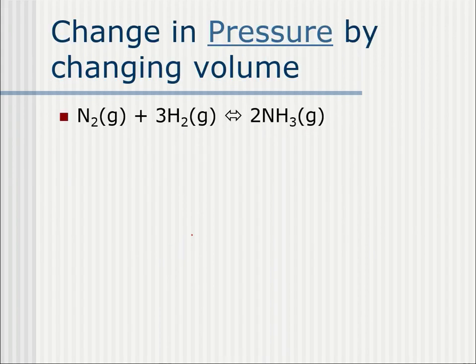Okay, last one, changes in pressure. Now, pressure is difficult. And again, there's a video link here that tries to show an example of a pressure change. Pressure is harder to observe because very often pressure only works on gases, and you have to have gases that have different colors. In this chapter, it started off by talking about the equilibrium of N2O4 and NO2, which went from a brown to a colorless. So that was a good example where you could see the color, and actually that's the example I think they use in this video.